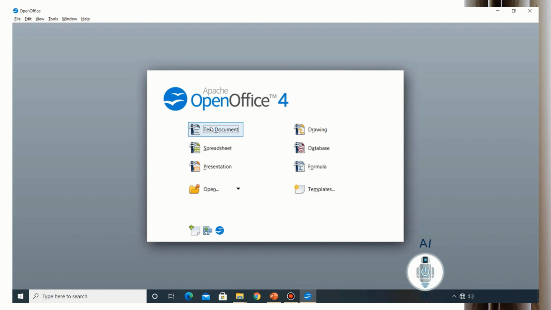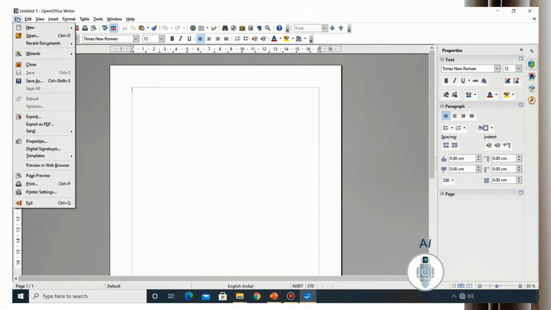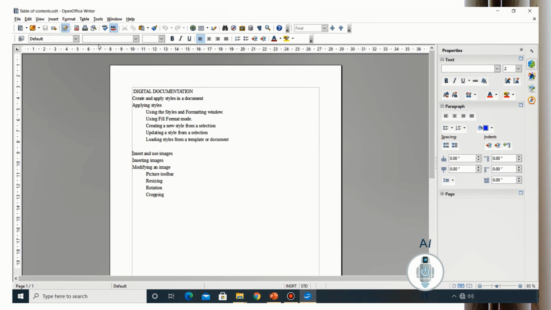Let us see a demonstration on how to use it. I'm going to open the OpenOffice Writer document, a file which I have kept ready for digital documentation. I have written down the first 2 topics of digital documentation as you can see, and this is all in Times New Roman font size 12.